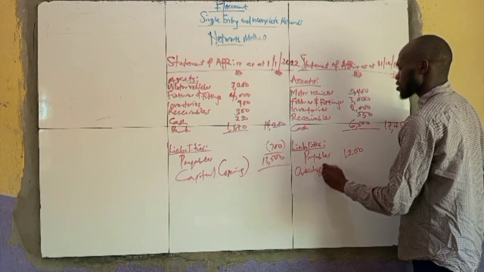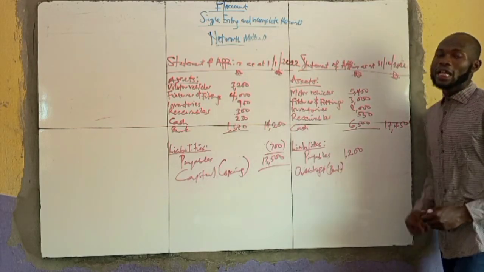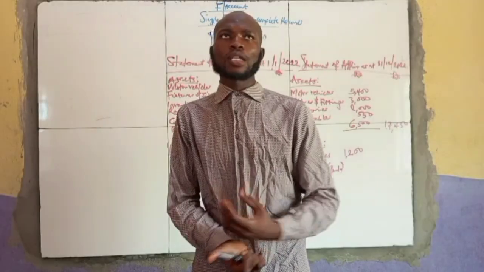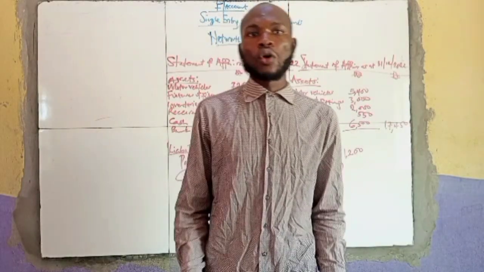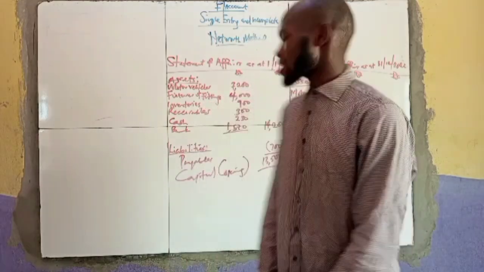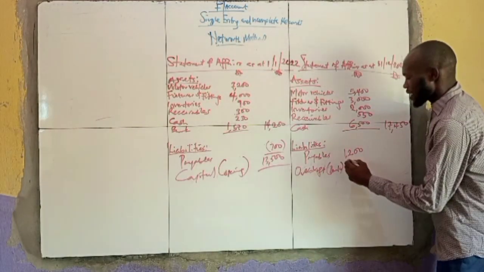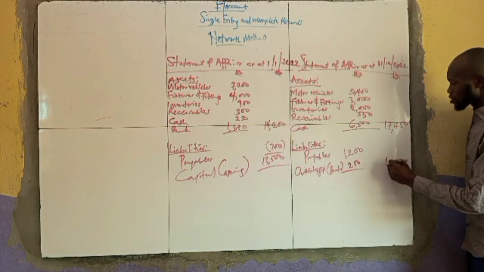Remember, in the question, we are given overdraft just in front of the bank transaction. We are not told it is overdraft, it was only indicated as OD. That OD simply means overdraft, that is, we are able to withdraw more than what we have in our account. So it's still a liability on us, which is 250 according to the question given,